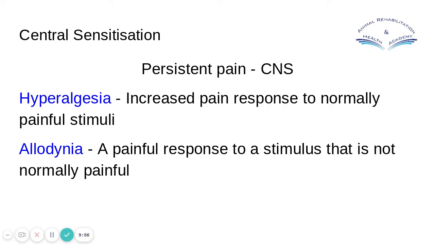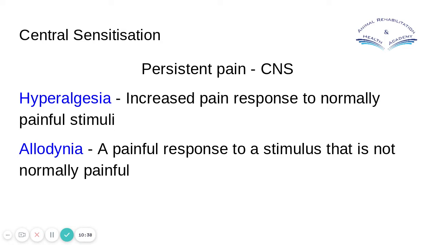Of course, with animals, it's not this simple. A lot of this research comes over from the human literature, and with animals, as we know, it's not that simple, because it's very hard to interpret what they're thinking a lot of the time. We can't say to an animal, did that really hurt you? Did that actually hurt? Or are you just frightened? Did it give you a shock? Were you surprised about it? It's very hard, because we don't have that level of communication with them, and it's why we need to be very sensitive.